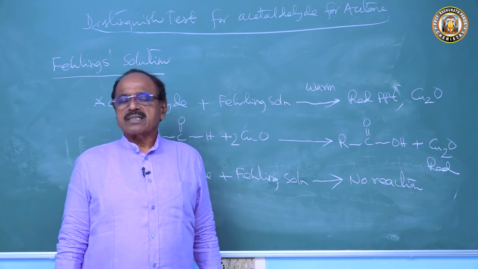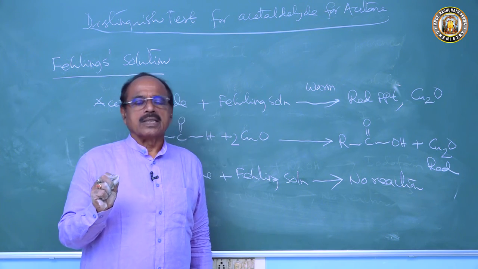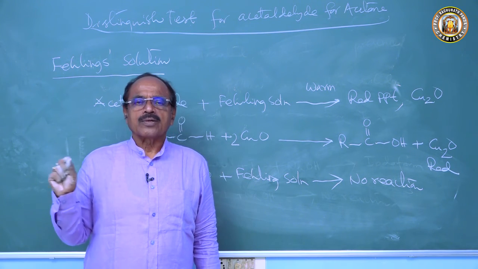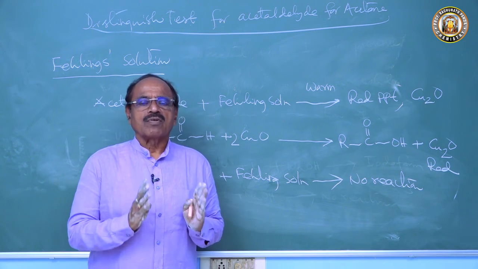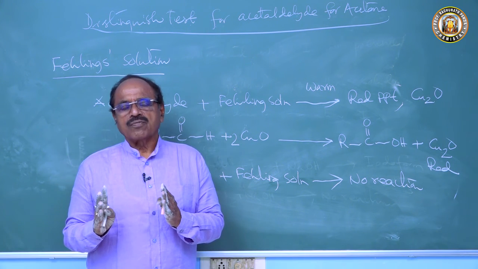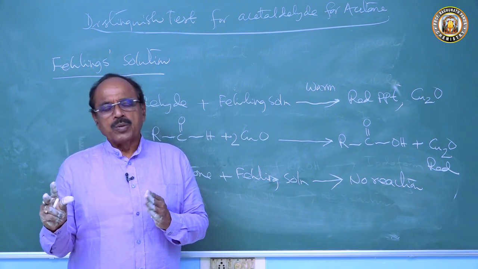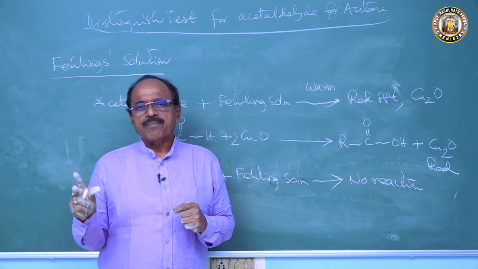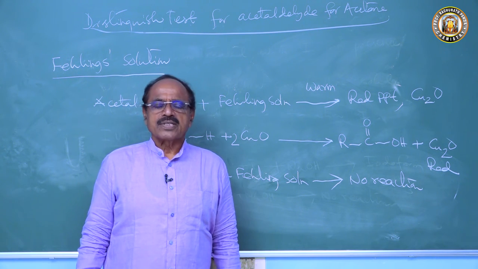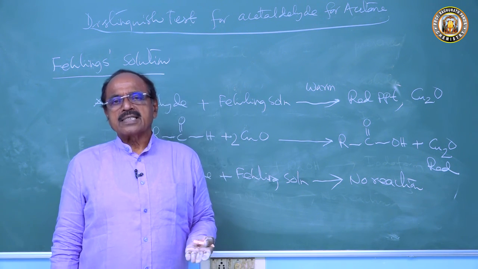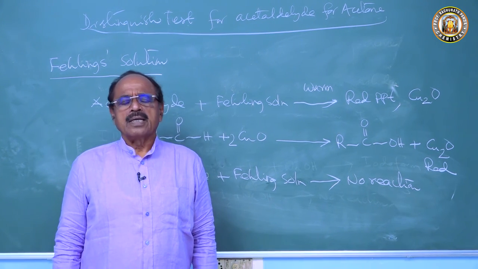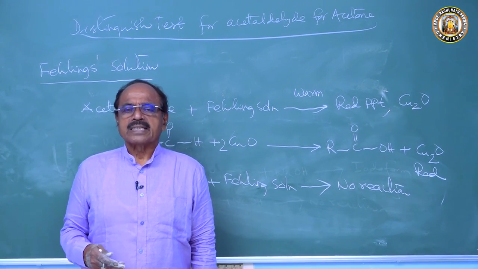Children, I have discussed everything. You remember this code: HEAR O PARAS. H is the haloform reaction of the alkyl group, EAR is the reaction of the carbonyl group, O is the reaction of the alpha hydrogen atom, PARA is the molecule as a whole, S is the reaction of Schiff's reagent. Here is the similarity, O PARAS difference. So very easily you can recapitulate the properties by this.